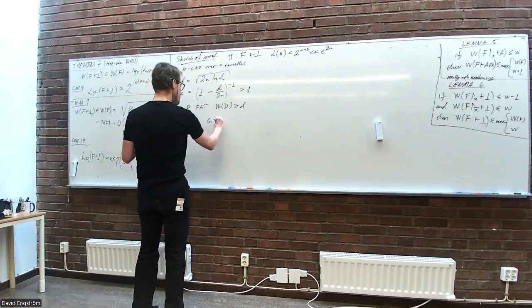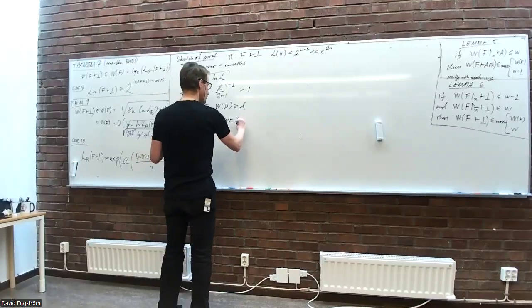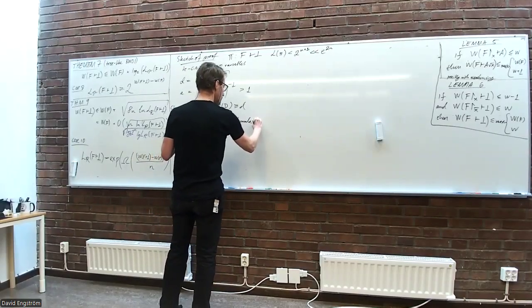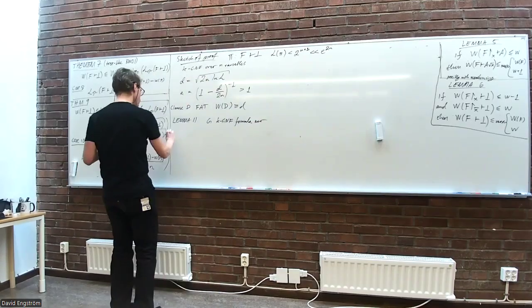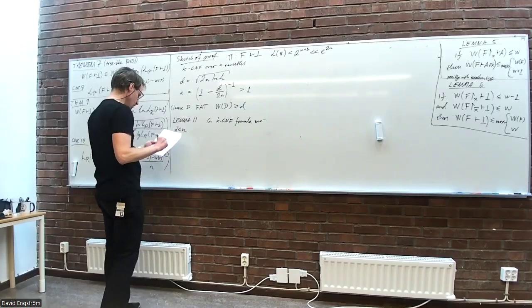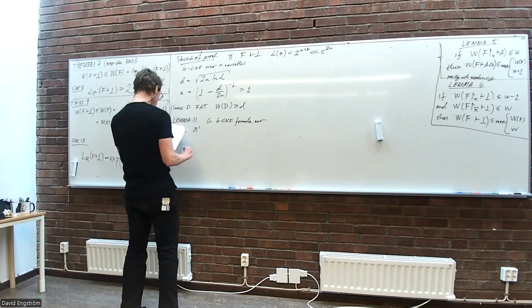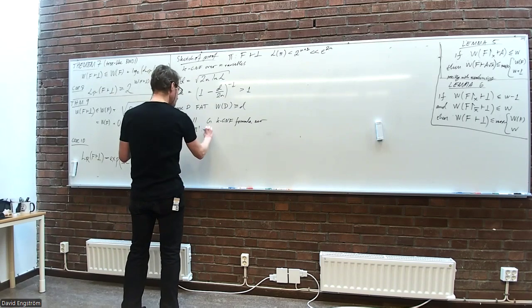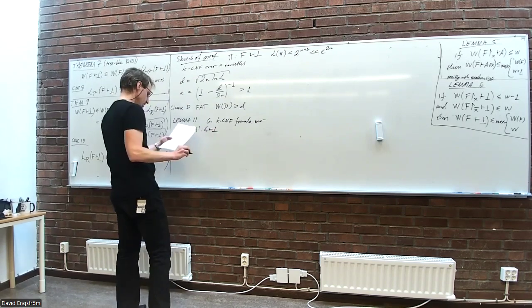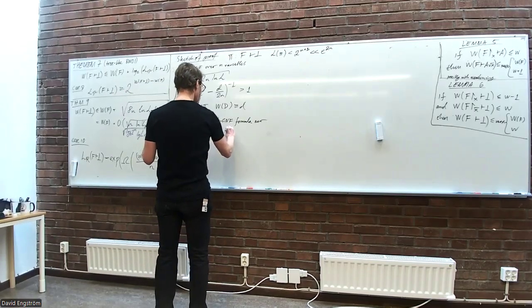So suppose that G is a KCNF formula over n prime variables, because we're going to use this as an inductive setting. And suppose that pi prime is a refutation of G with,